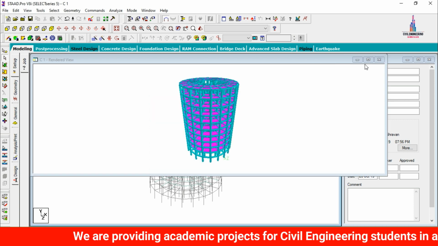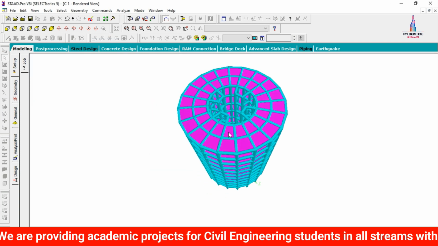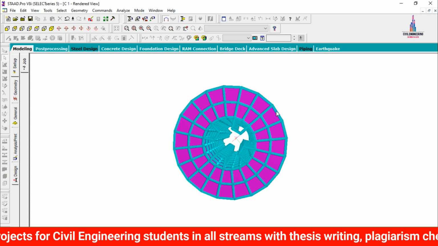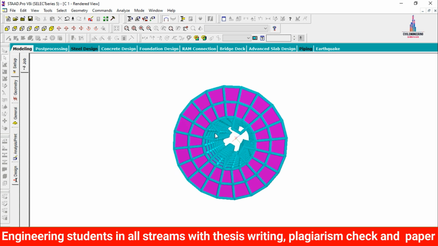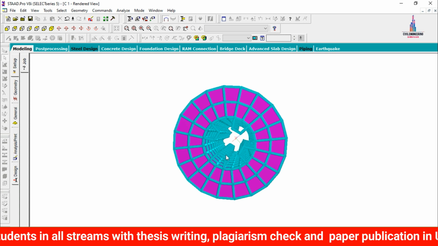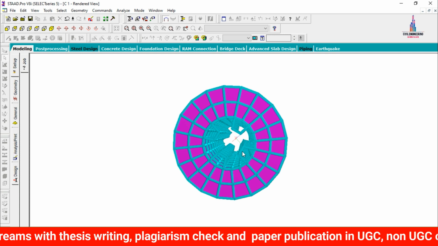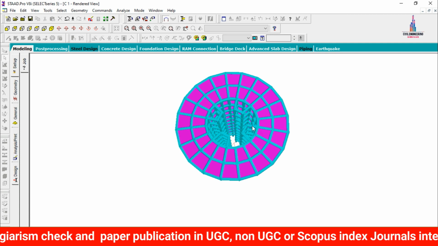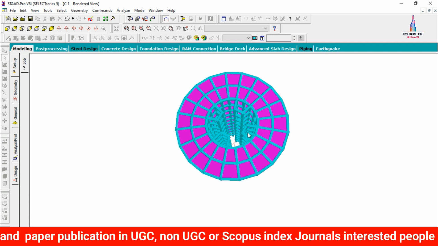Okay, so this is the building structure which is consisting of a G plus 10 story commercial complex building, which is consisting of n number of shops here like this on each floor, and it will be consisting of lift provision here like this, and it will be consisting of your respective staircases here like this. Okay, so these respective beam sections were left out for your respective staircases purpose.